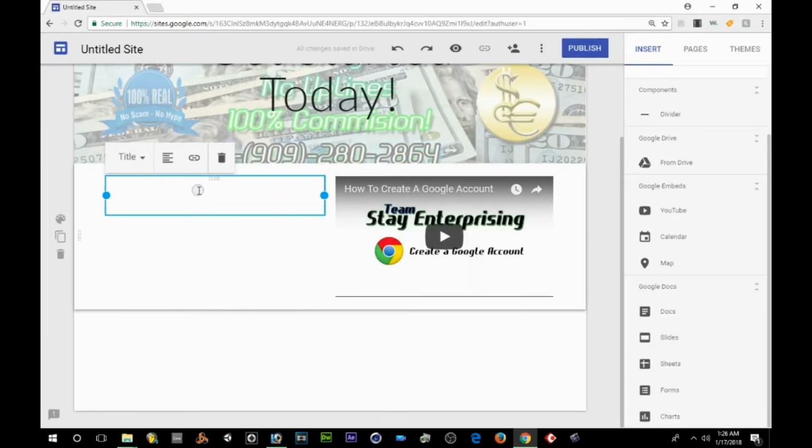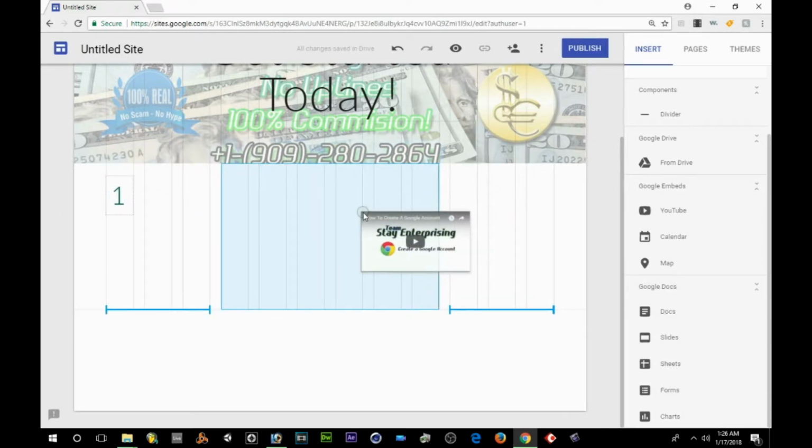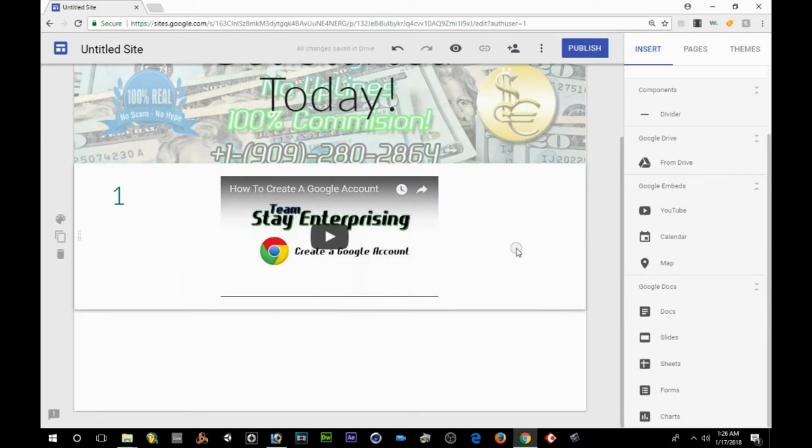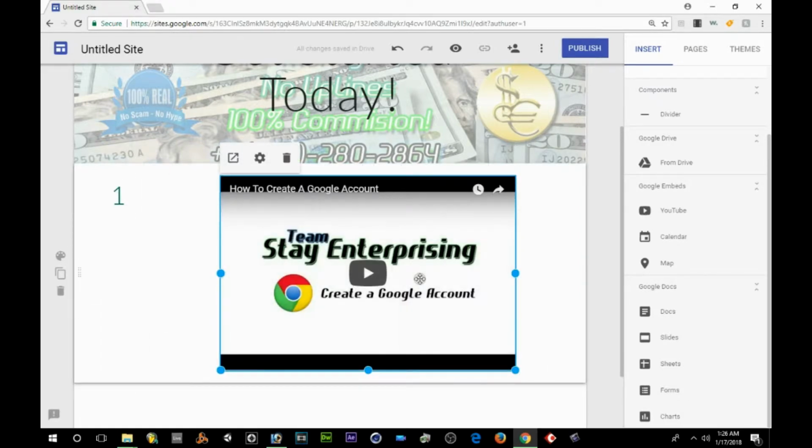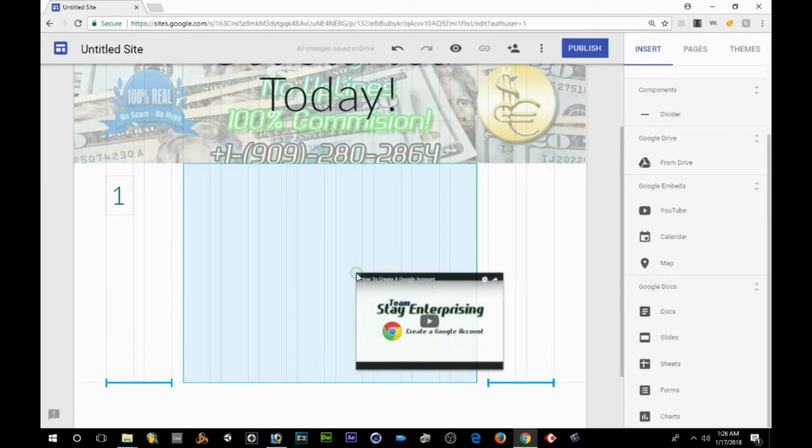So we go ahead and we put our 1. And then once we get to the duplicate of this process, we're going to speed it up just to show you that this is how you do it, and then duplicate the process to speed things up a bit, right? So you see we got our video in here, and you see we just clicked the video to expand it,